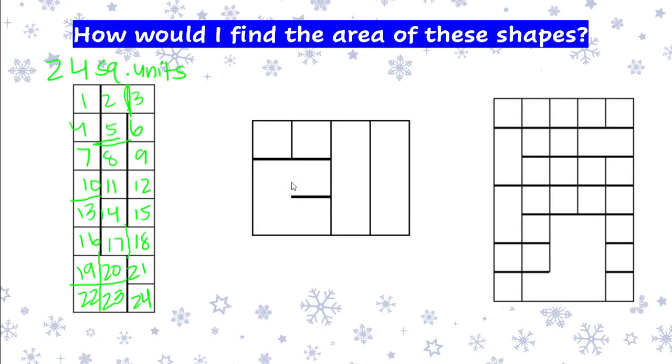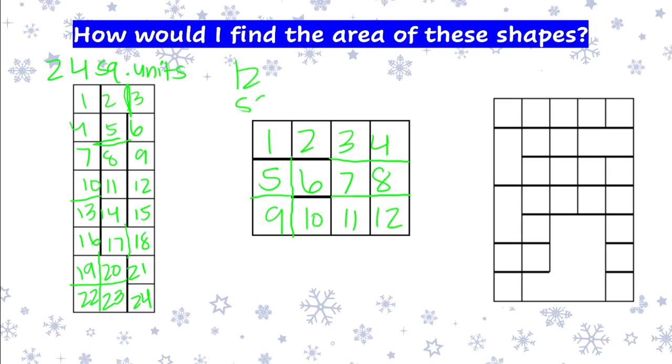Okay, now we have our middle one here. I can tell right off the bat that I need to draw a line going down. This line needs to be extended to the left and to the right. And then this top line needs to be extended all the way to the right. So now when I look at that, I can see that all of the squares are the same shape. 1, 2, 3, 4, 5, 6, 7, 8, 9, 10, 11, 12. So this one is 12 square